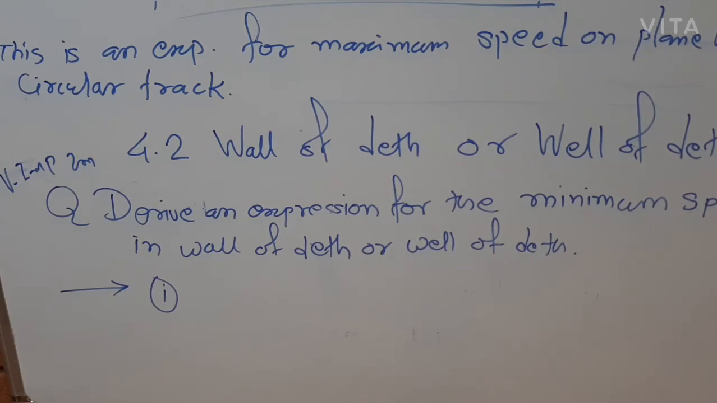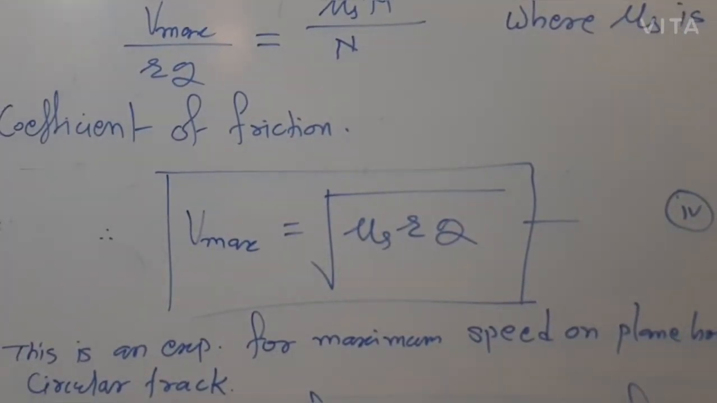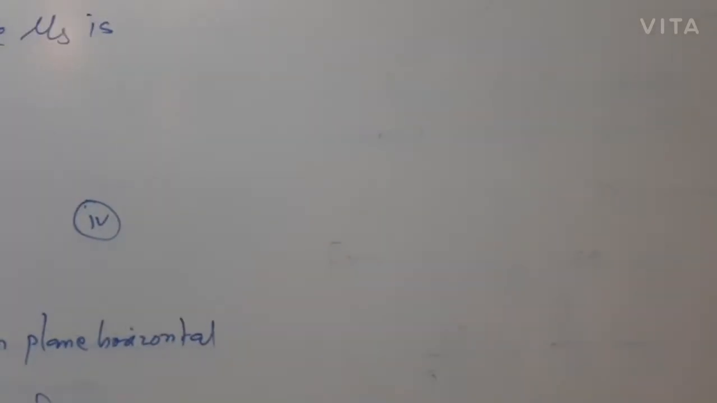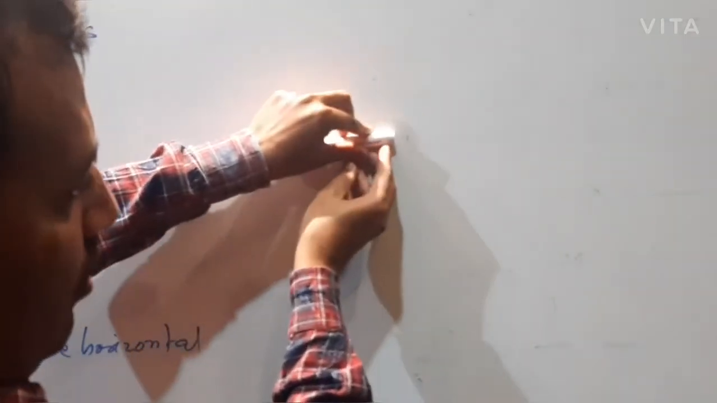But let us see first about this point, wall of death and well of death, and also underline the word minimum speed. In case of a horizontal track, there is only a maximum speed limit, but in case of a vertical track like a wall,